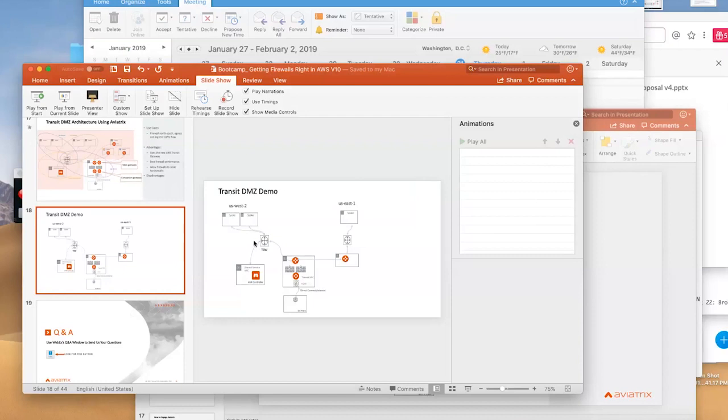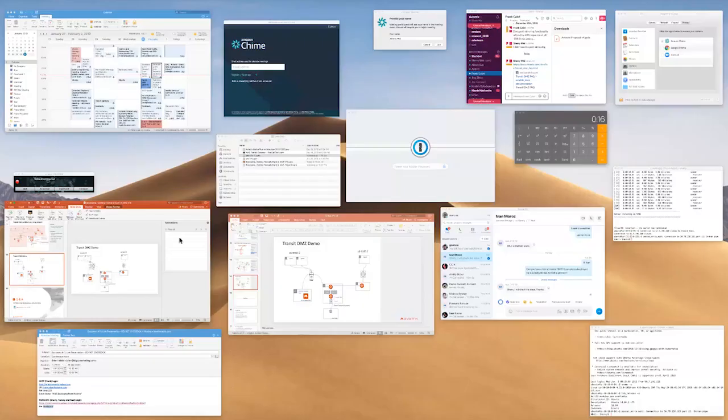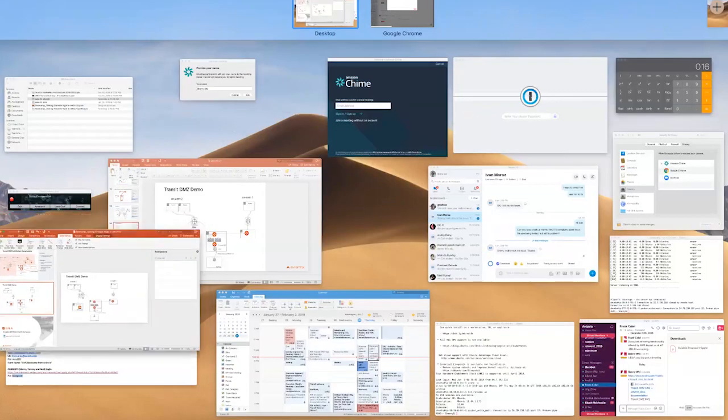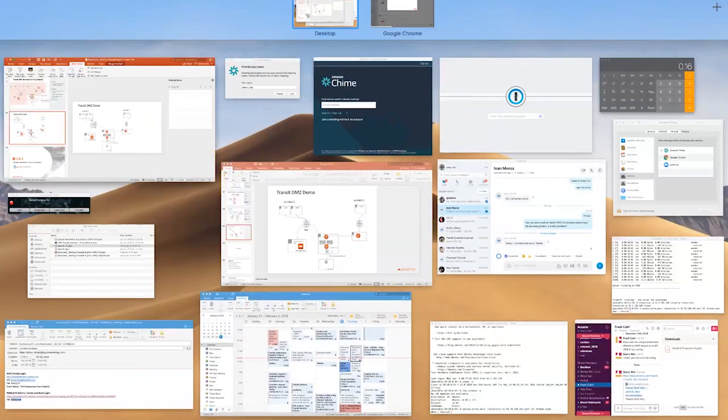Once you have built this architecture, what Sherry is showing you is that if you disconnect a particular VPC, you don't have to go update the route table, you don't have to go update the tunnels or connectivity, you don't have to go and update the firewall. Everything is taken care of for you as you add a VPC or remove a VPC. Okay, so now let's go back to